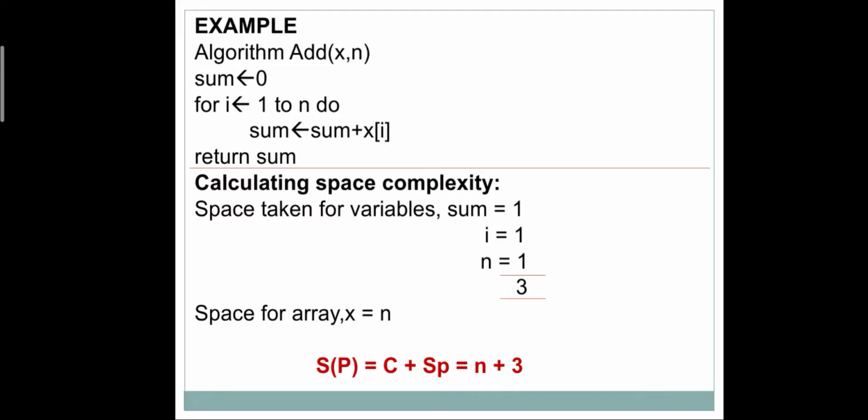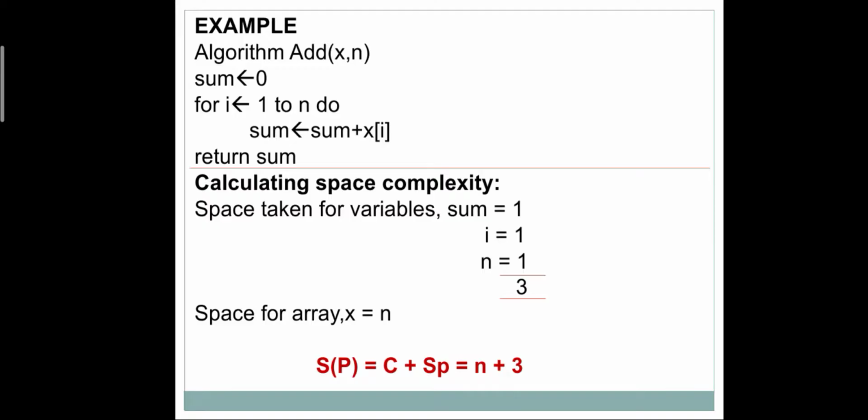To get n numbers starting from 1, a for loop is used here. Inside the loop, the executing statement sum = sum + x[i] is used, where x is the array and n is the total numbers we are going to add. When the loop's execution terminates, the algorithm returns the sum value as output.